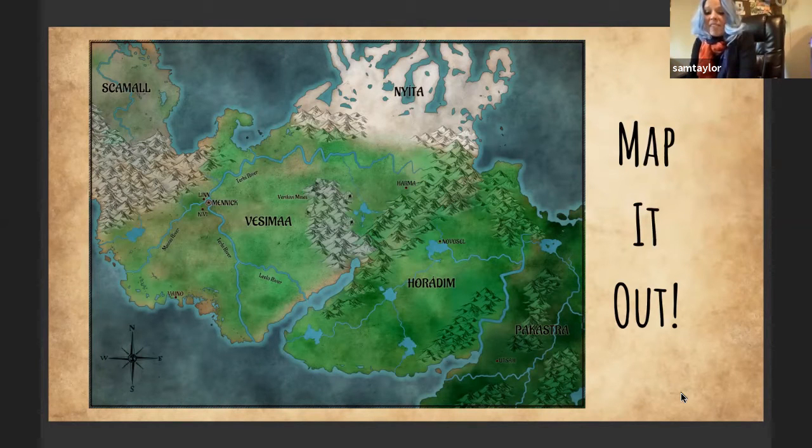Down below that, you have Pakastra, a tropical nation, jungles, rivers, lots of rain. It's where Prawn is from. But it's fun to just map it out, kind of get an idea of the landscape that your characters would be familiar with, map out the cities that you're talking about in your story, just block out the layout of the world, get a feel for the landscape your characters know.